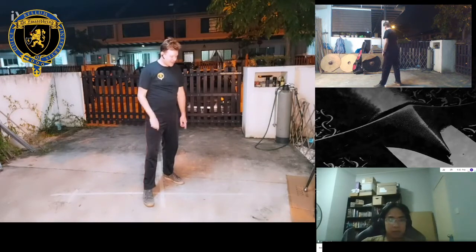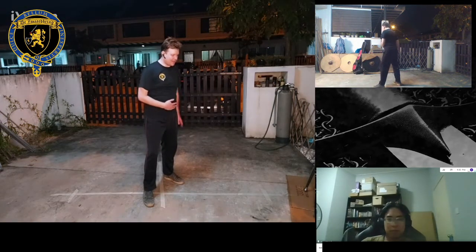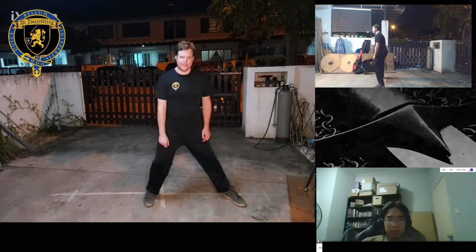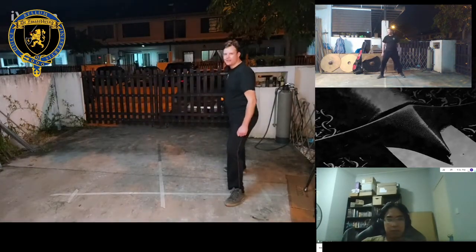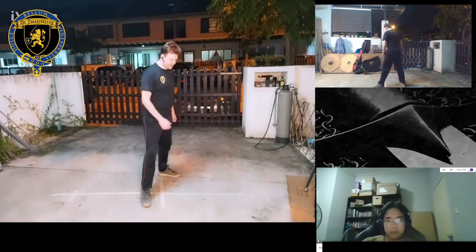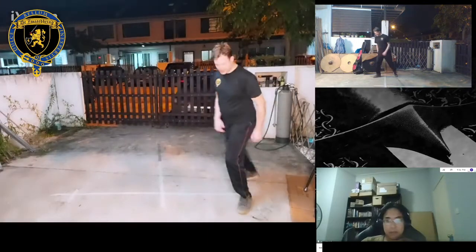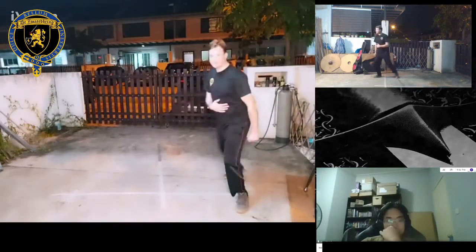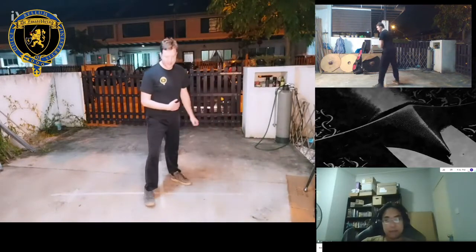In that case, it's also a double step like the diagonals, where I'm going to bring my right foot to the right front quadrant and my left foot to the right rear quadrant. This is a little step. From here, you get this. I step to the side and back. Step to the side and back.